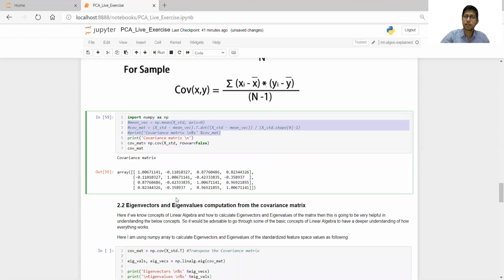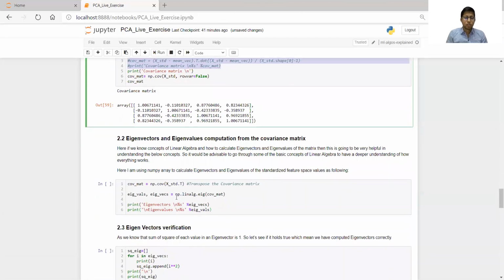Now the next thing is calculating the eigenvalues and eigenvectors with the help of the covariance matrix. Here we will be using the linear algebra concept to calculate the eigenvalues and eigenvectors. But in Python again we have something very nice, that is NumPy. For eigenvalue calculation we need to transform the covariance matrix.